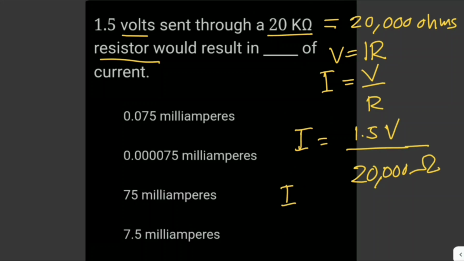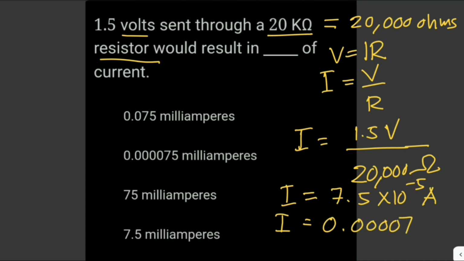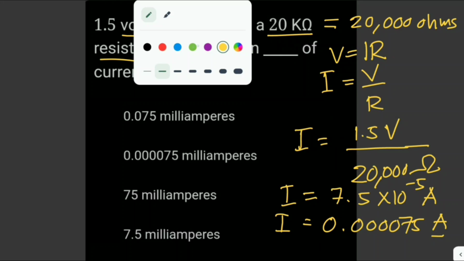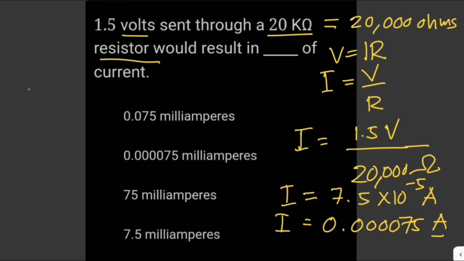So this would give us an answer of 7.5 times 10 to the negative 5 amperes, or this is just equivalent to 0.000075 amperes. But in the choices, we only have milliamperes, so we need to convert amperes to milliamperes. So 1 ampere is just equal to 1000